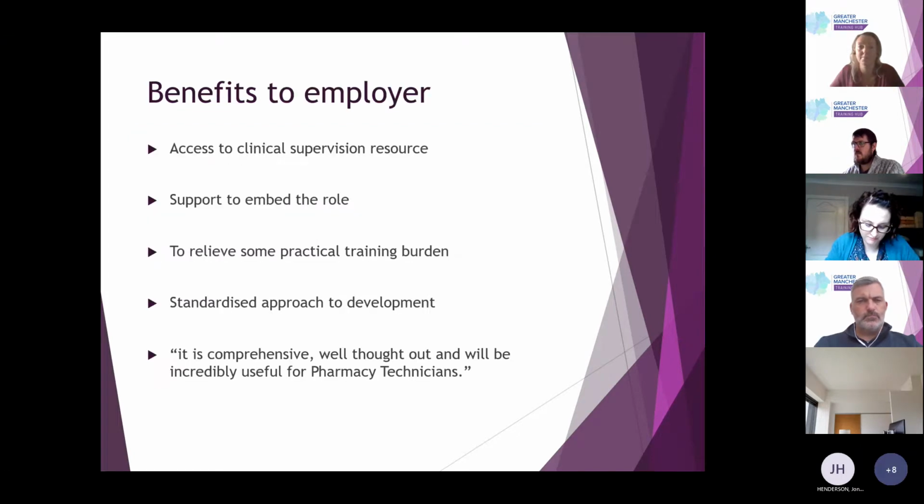So the benefits to you as an employer, on top of all that free training that we're offering, that is totally accessible to anybody within the hours roles, that's a pharmacy technician, is we have got a clinical supervision resource, and it's a topic in its own right. So you need to contact your local training hub contact, which would be, if you're in Bolton, myself, but for the other areas, I'll signpost you to our website or to Rob. Rob will pick that up with you, and we can send you some information as to how we can help,